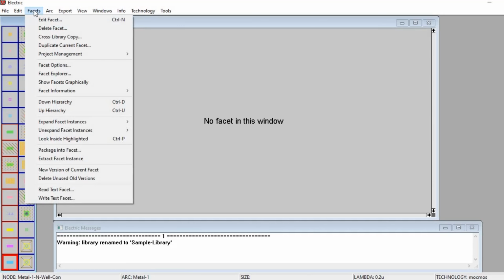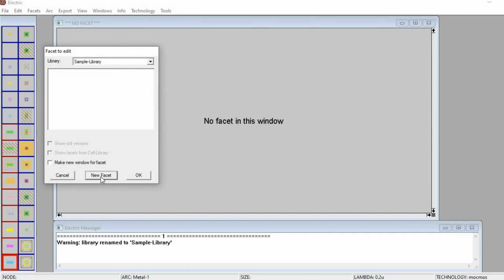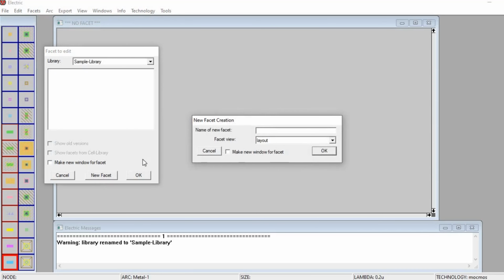For facets, edit facet, new facet. We're going to create a schematic for an inverter.